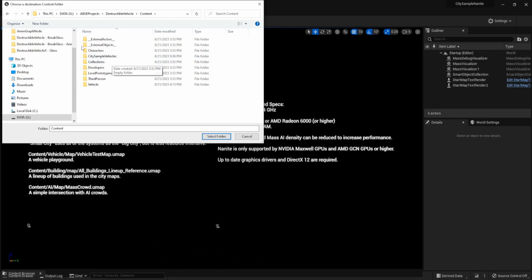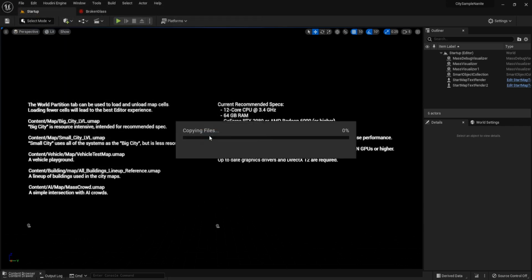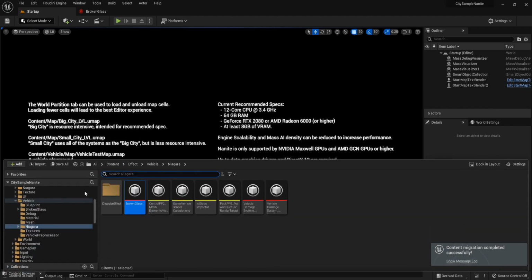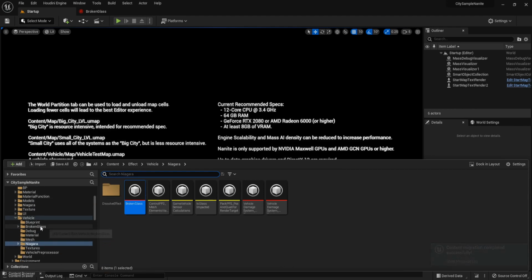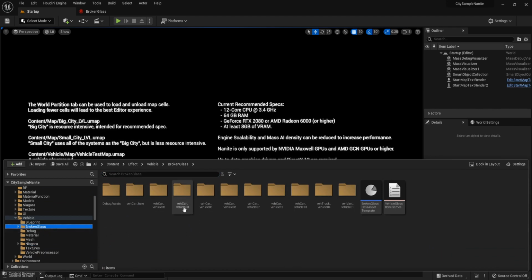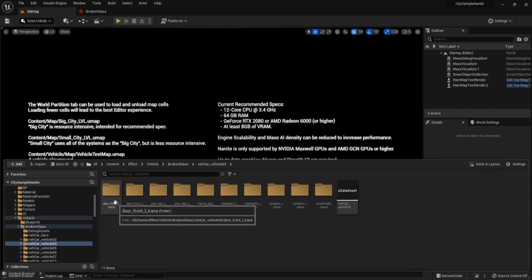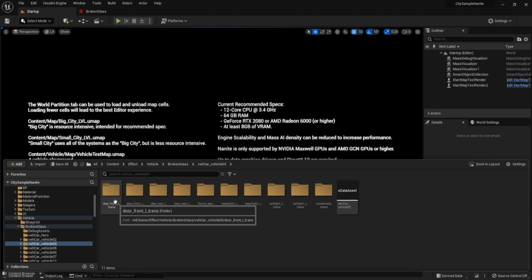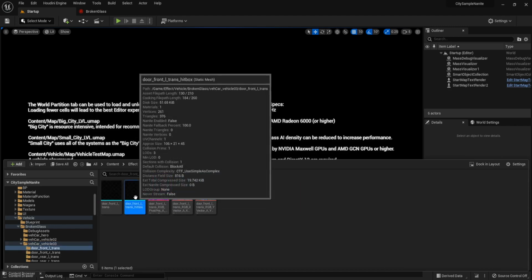Go to content and then select folder, and we copy this Niagara system. And then from this Effect and Vehicle, go to broken glass. Inside this vehicle car 3, we have the door front L transition.